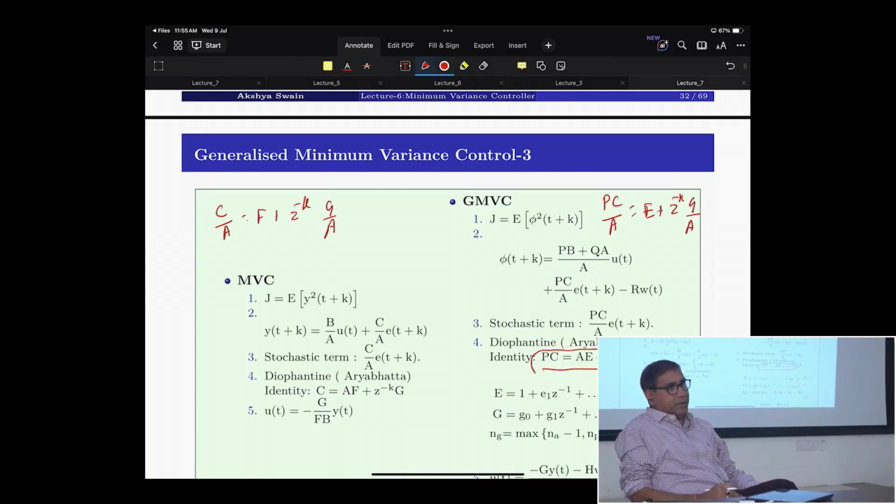See the idea here. When we were students, we were wondering where this identity comes from and what it is doing. It's very difficult even for the teacher who was teaching it to understand. So we understood that this essentially splits the noise into two components, and uses it for this purpose. This generalized minimum variance controller